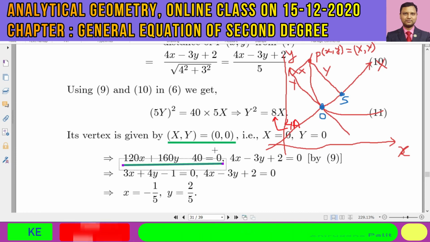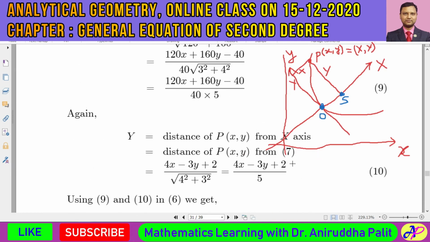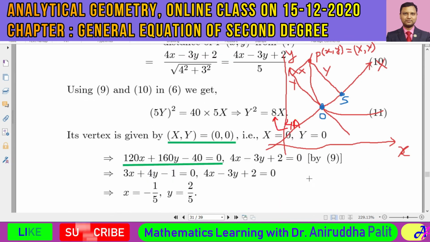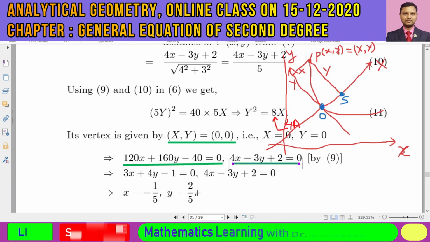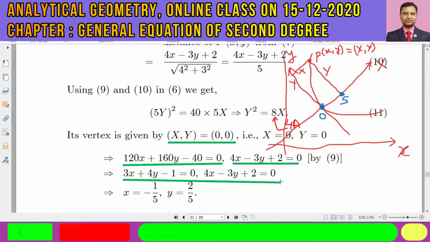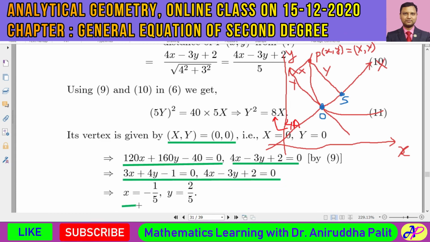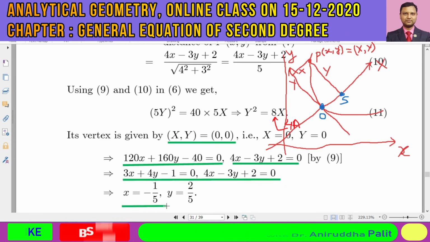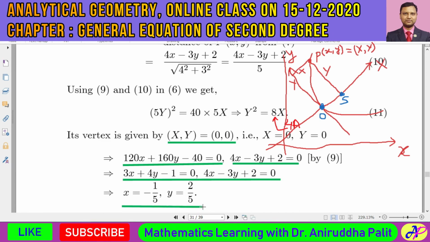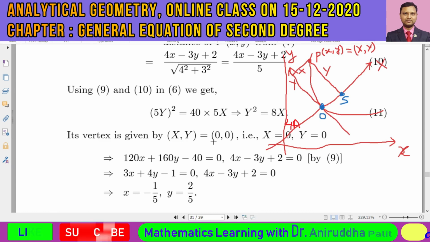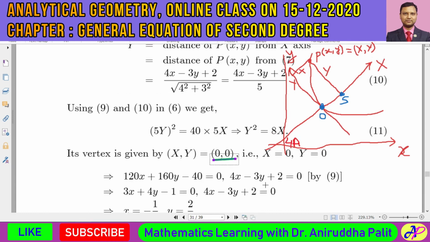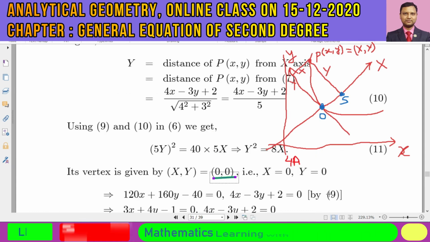So this numerator, capital X, is equal to 0. And what is capital Y is equal to 0? In the expression of capital Y, this numerator would be equal to 0. So I have taken this numerator equal to 0. Got it? And then we just need to solve these two equations, and this would ultimately give us x is equal to -1 by 5 and y is equal to 2 by 5. So this was the coordinate 0, 0 in terms of the capital X and capital Y axes.